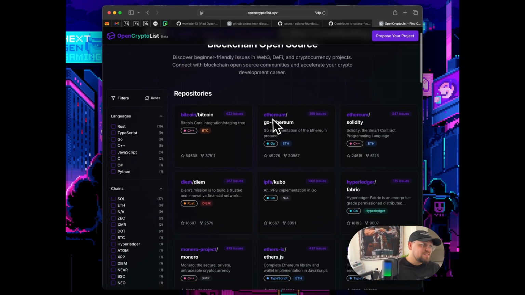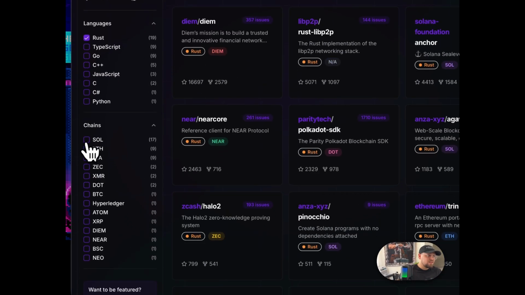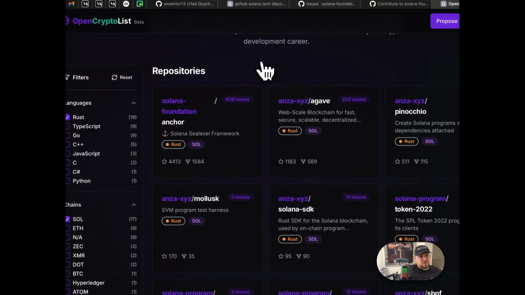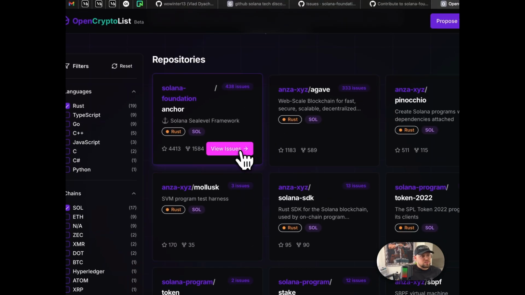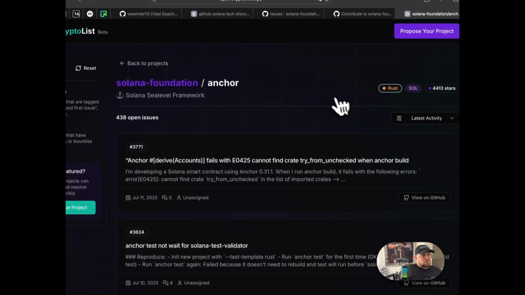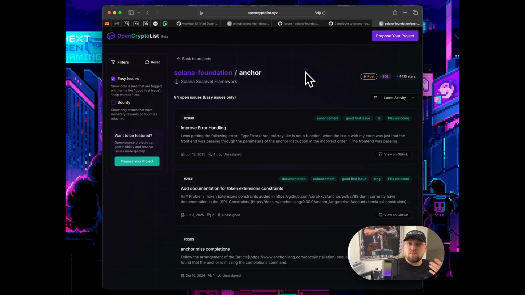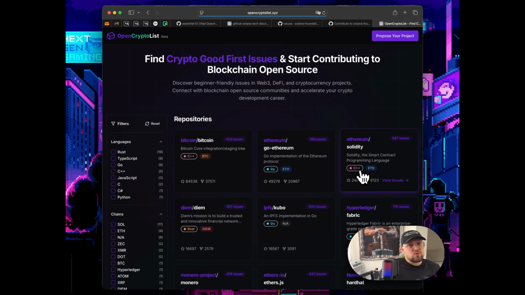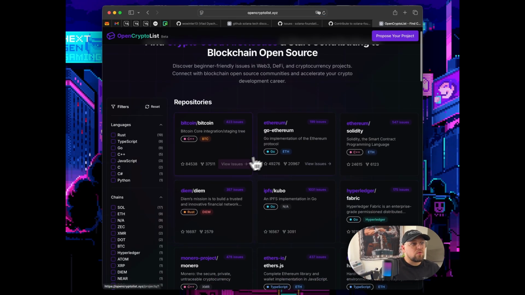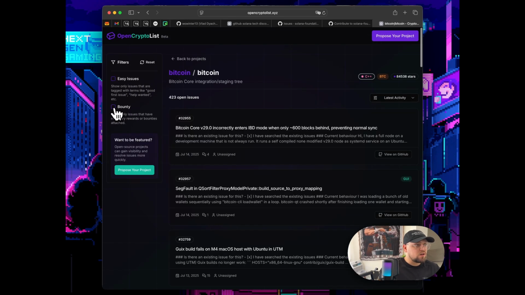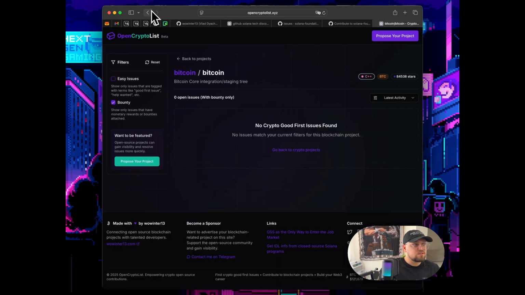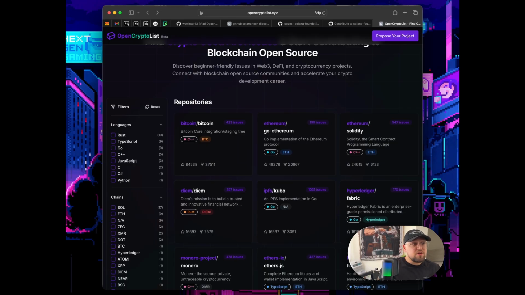So let's go with Rust, with Solana, and once again, enter. So the main thing is issues. Except for the fact that you can sort by chains, you can sort by stacks. You can look for bounties, like we've checked here. Okay, I don't think Bitcoin has any bounties. Yeah, it doesn't. I want to mention custom tags because, for example, let's check Polkadot.